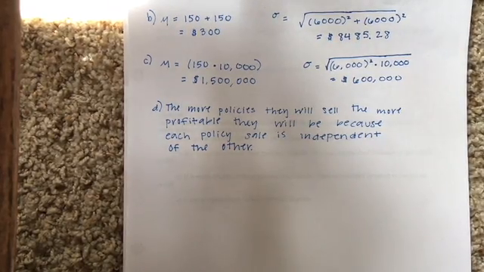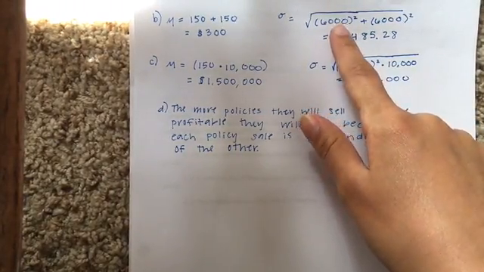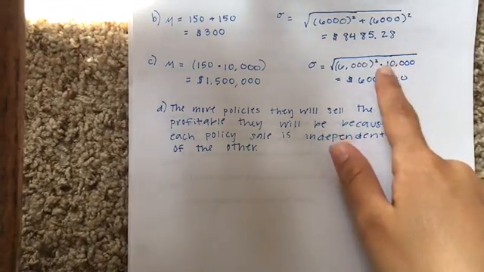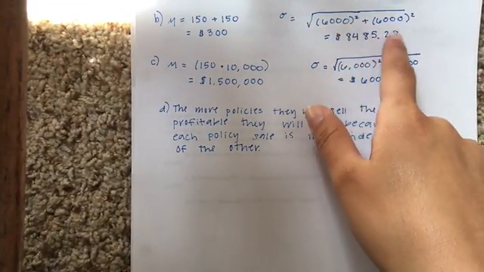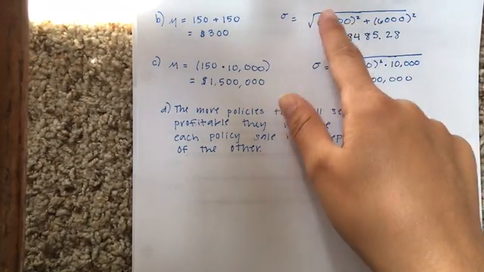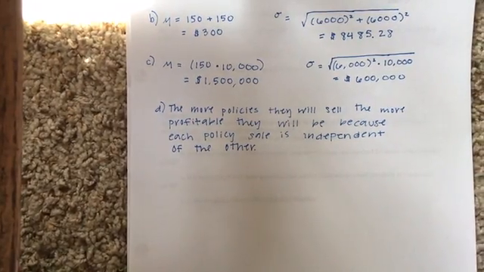And to find the standard deviation, we know that it's $6,000 per policy. Since they sell 2 policies and they're independent of each other, you have to add their variances together, squared, and then square root them to find that the standard deviation if you sell 2 policies is